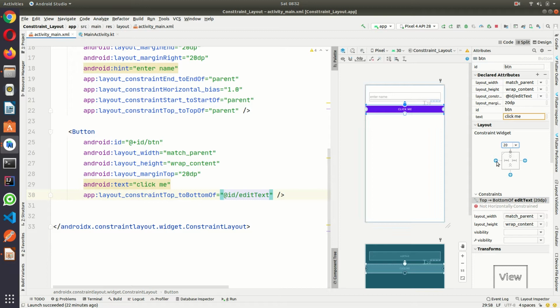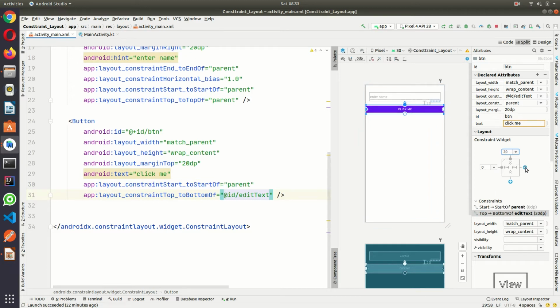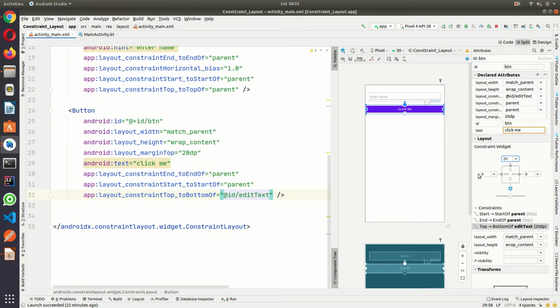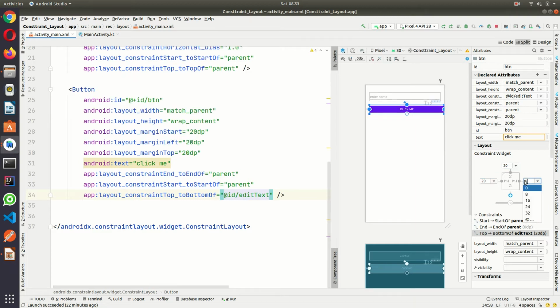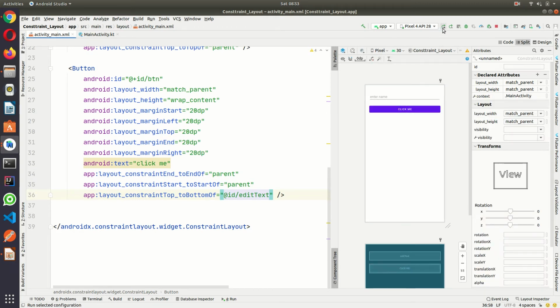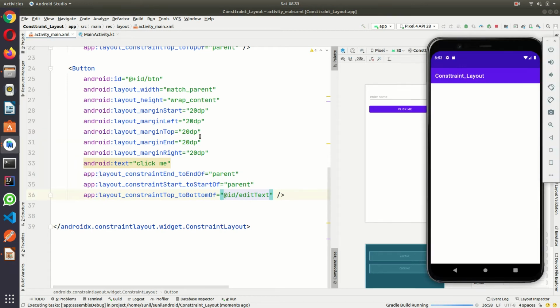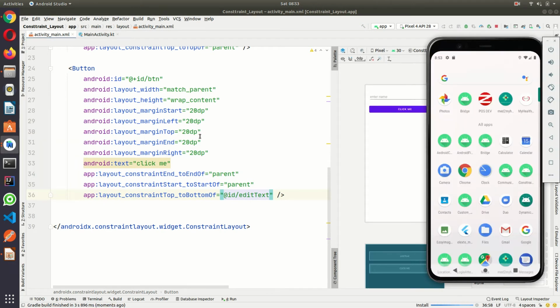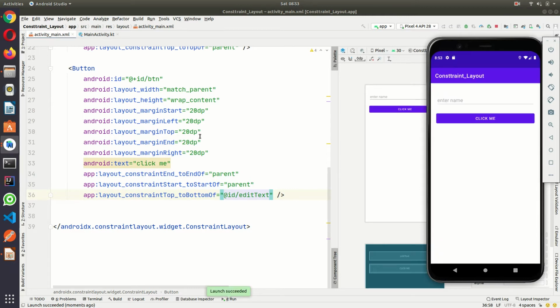Okay, and here it should be parent, and 20. Okay, now let me run this and we'll check how it is coming here. Perfect.